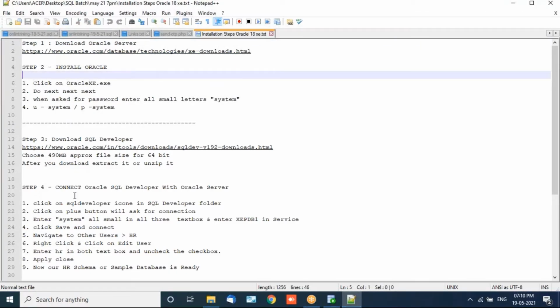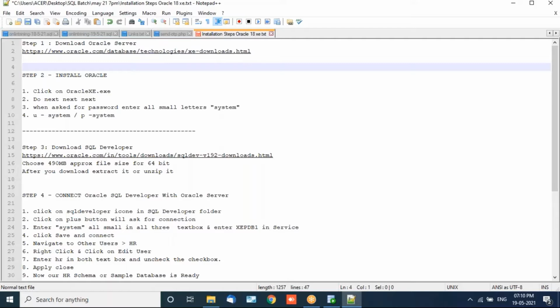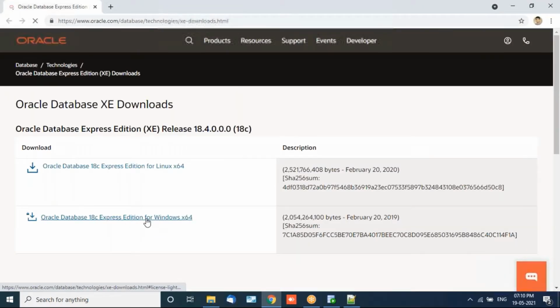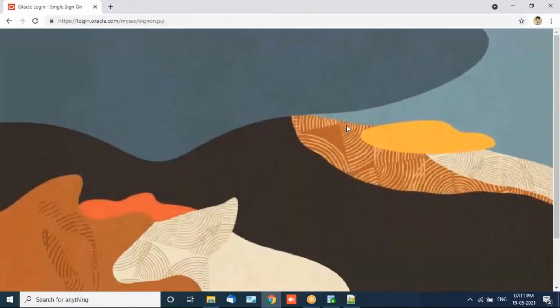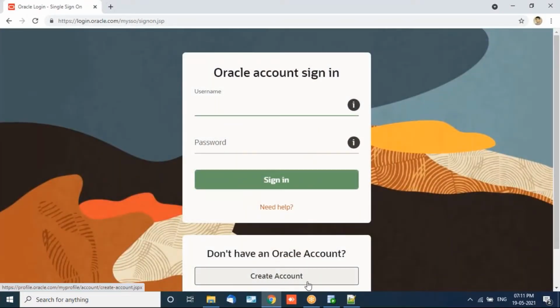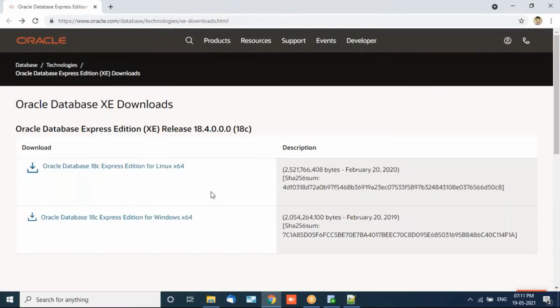First of all, there are 4 steps that need to be followed. The first is downloading the Oracle server. Here you also have to register with Oracle in order to enable the download. I click over here, and you can see the URL. You can copy and paste the URL, and you can see this Windows x86. Download the x86, and here they are asking you for the SSO login. If you don't have an account, you have to create one and follow all the steps. It takes just 5 or 10 minutes maximum, and then you will get the downloaded files. It will be a zip file.